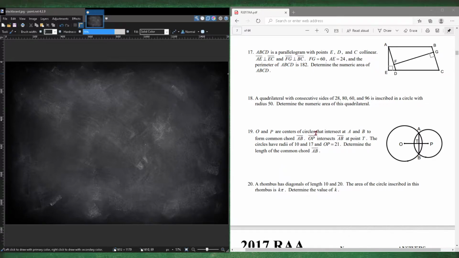O and P are centers of circles that intersect in A and B, and they make this chord. So it basically describes the picture. The circles have radius 10 and radius 17, and OP is length 21. Find the length of AB. Okay,